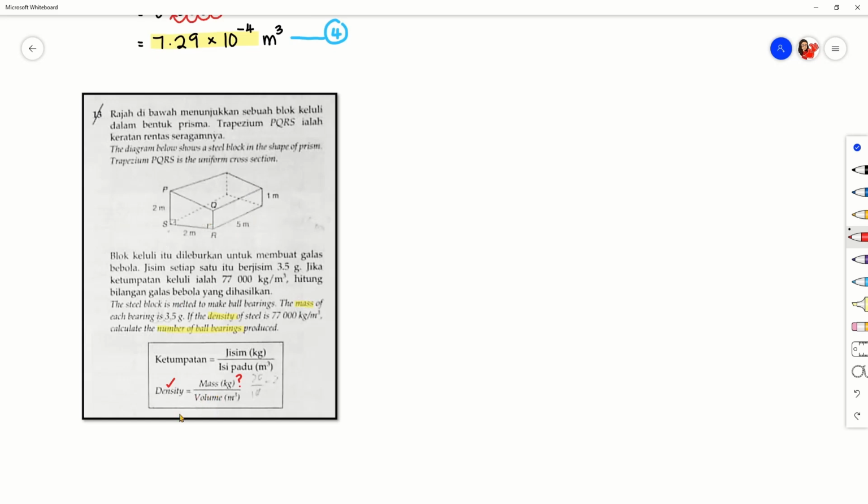So let's talk about volume. This is what now we have to find out, the volume of the steel block. The volume of the steel block is related to the shape of the steel block, and the shape of the steel block is a prism. That means you have to think of the formula that's linked to the volume of a prism. The volume of a prism's formula is the area of one of its cross sections, which is the trapezium that they mentioned earlier, so now you know why they mentioned it, times the height of the prism, which is this 5 meters. So area of a trapezium, the formula